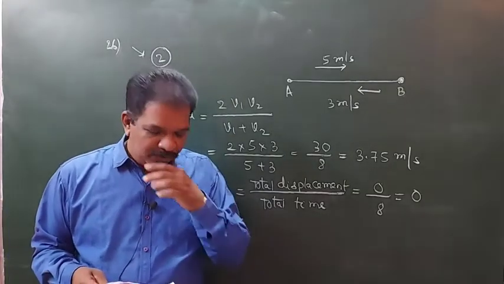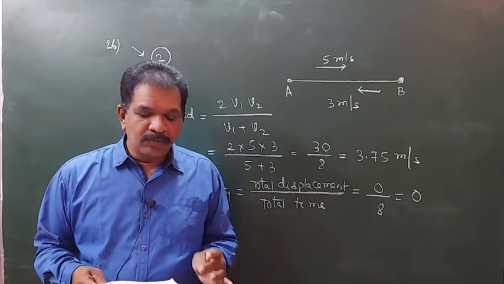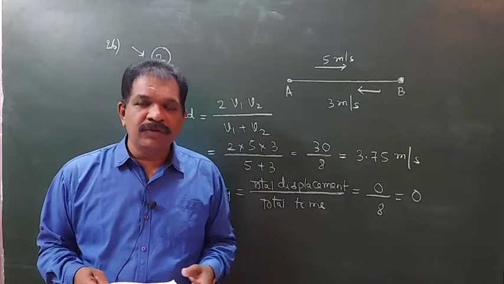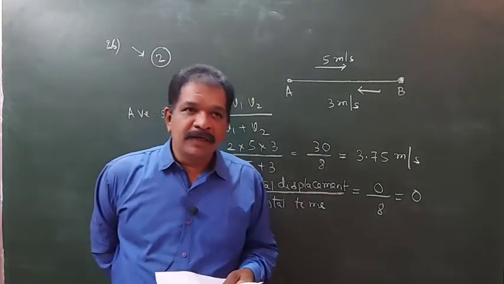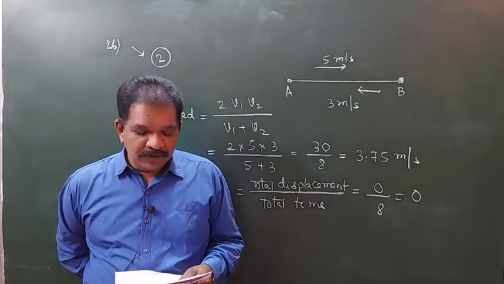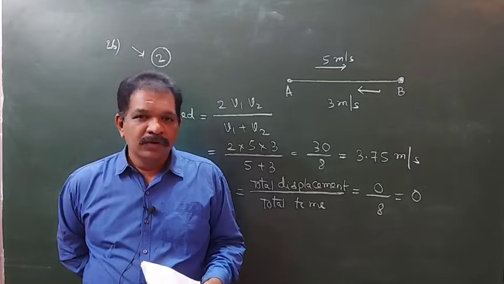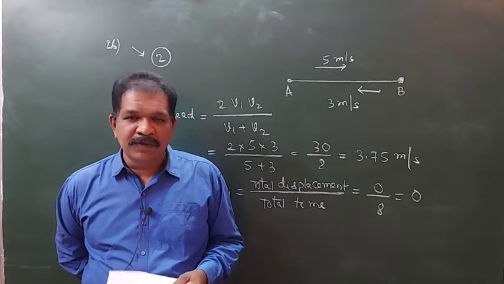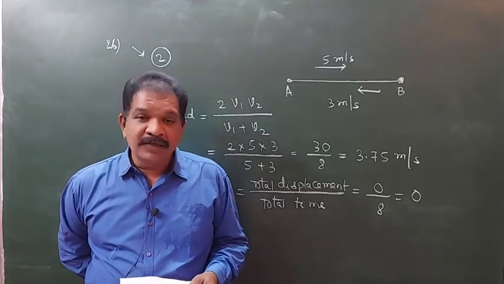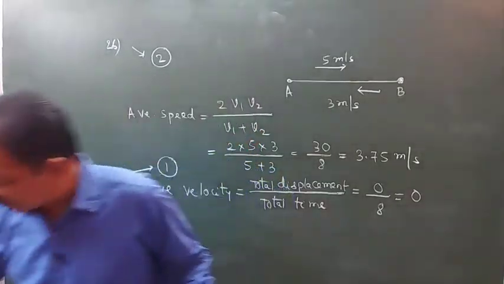Particle moves with uniform velocity. Which of the following statements about the motion of the particle is true? Particle is moving with uniform velocity means particle is moving with constant velocity. Which of the following statements will be correct? Its speed is 0. No. Velocity is constant means speed is also not 0. It is also constant. Its acceleration will be equal to 0. That is correct. 31 question.